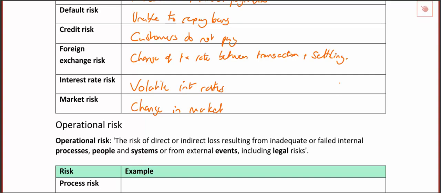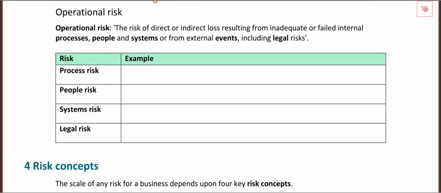Moving on then to operational risk. Again, remember, these are just all different types of risk that the business can face. We've got an example here, or a list of 4. Now, operational risk is going to be to do with something that we do currently. So for example, the processes and people that we have working for us, or it could be because of an event. Although we don't have it specifically listed here, if there's some sort of single event that causes you a problem, or could potentially cause you a problem, we'd call that event risk. Okay, so for example, some sort of natural disaster. Okay, so the risk of my business being disrupted by an earthquake or a tsunami, something like that.